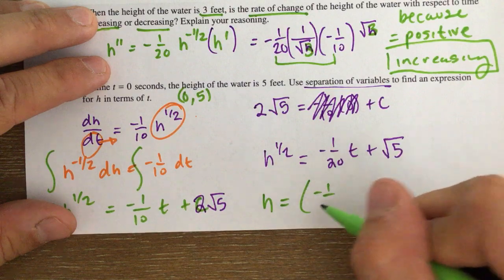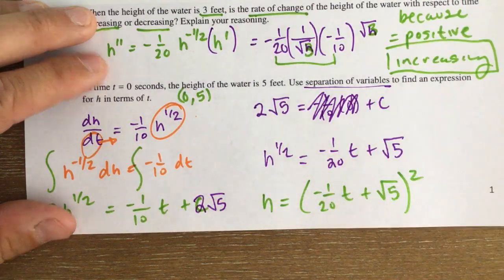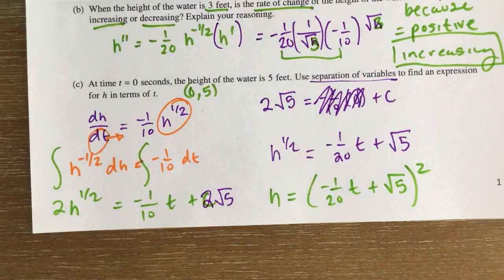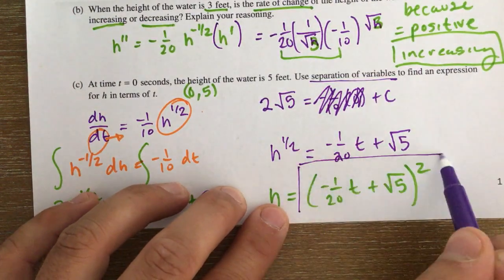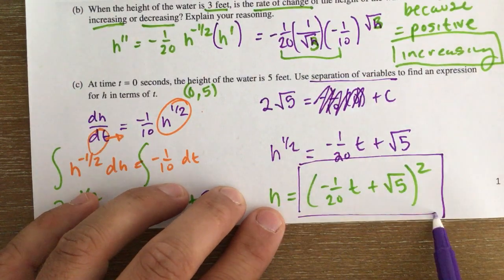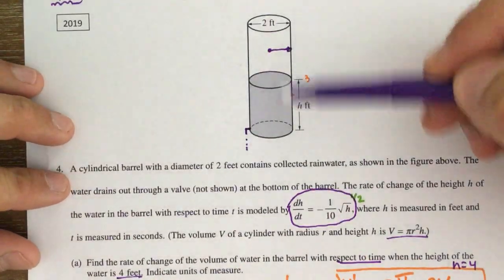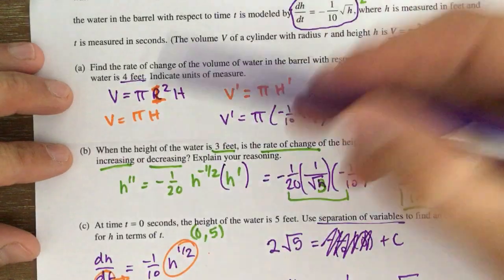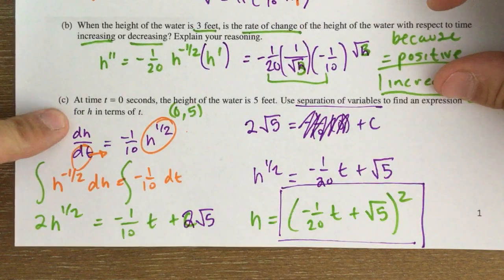Don't even make it look pretty. Just say that you are squaring the whole thing. And they were asking specifically for an expression, so I'm going to go ahead and box up that answer right there. If they asked for an equation, I would include the h. Okay. All right, so definitely a pretty common question. I don't think it's as common to have some sort of volume or this first part, but they always like to ask, write the equation of a line and then also separation